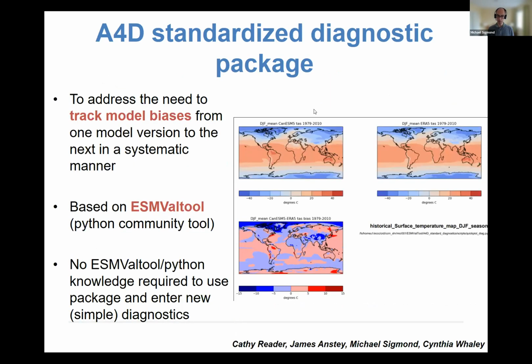I briefly wanted to mention another activity within the A4D group that is going on, and that's the development of a standardized diagnostic package. This is to address the need to track model biases from one model version to the next in a systematic manner. This is work led by Kathy Reeder. We were able to hire a contractor